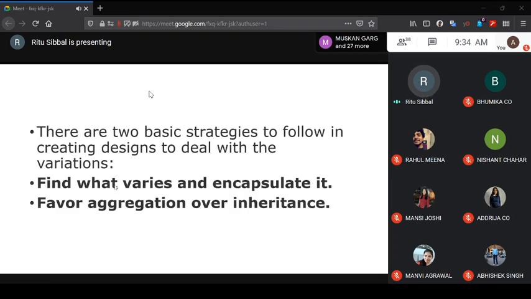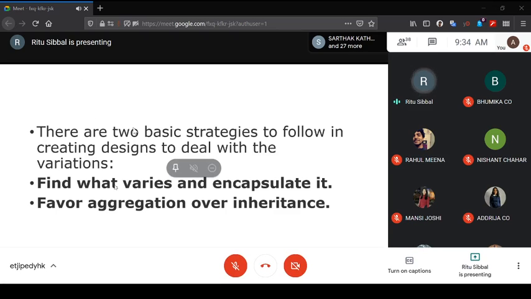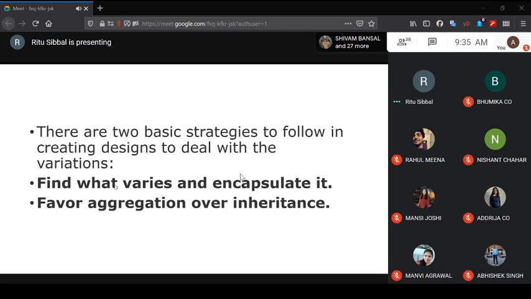And we saw how it delegates responsibility, how it encapsulates, and how it is able to handle variations or changing requirements. All this is because requirements vary as time goes by, and we learned that in the software engineering course also. Again we have stressed in this course on design patterns that changing requirements is a truth which we have to live with, and we have to try to handle it. So how do we do it? We have the help of design patterns. Basically, design patterns evolved just because of this problem of handling changing requirements.